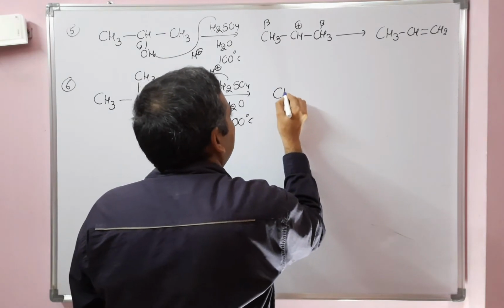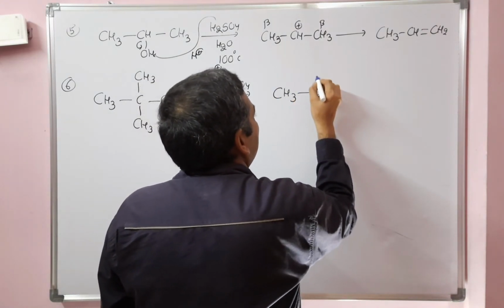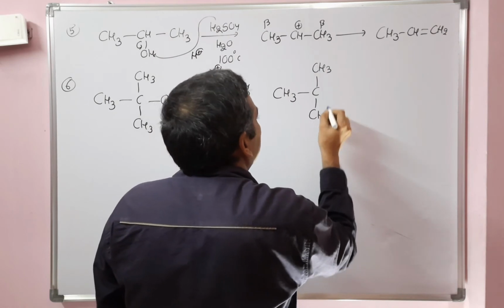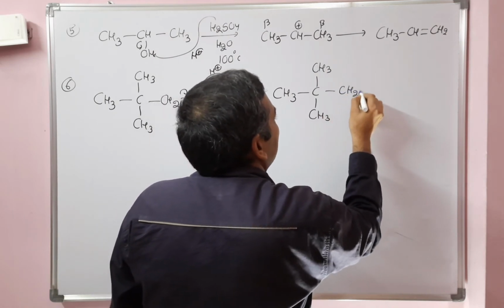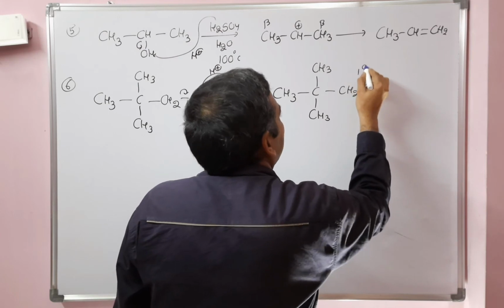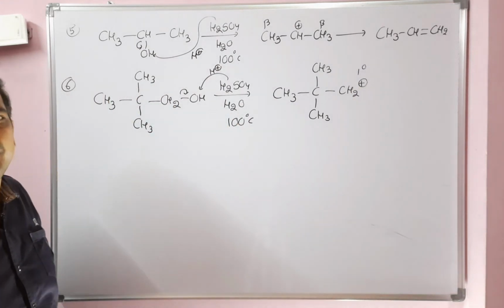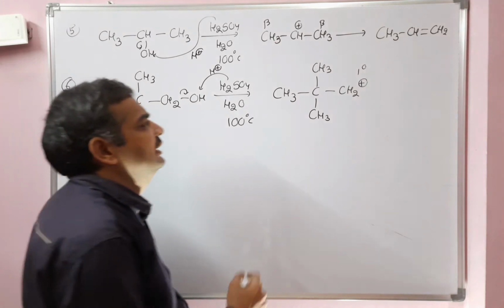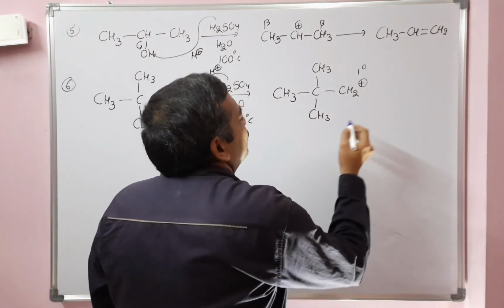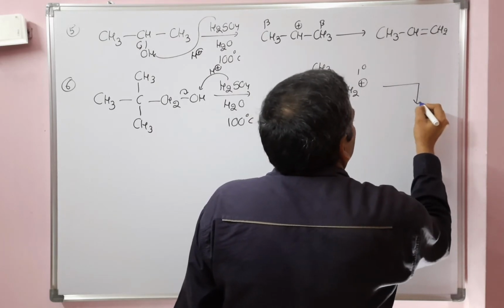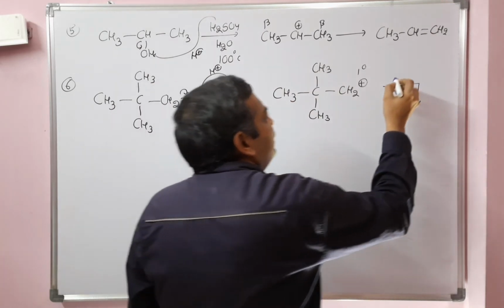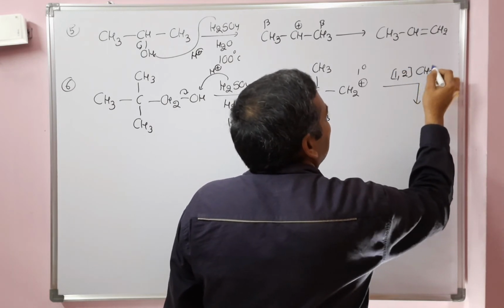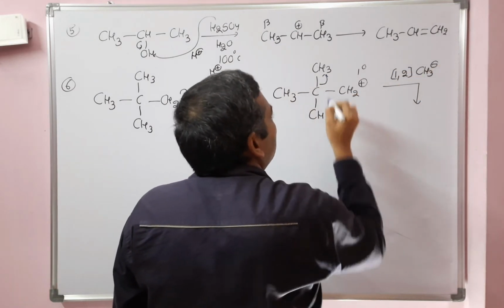I will write the carbocation directly. We have discussed this several times. So the carbocation that is obtained in this alcohol is CH2 plus. Right. So this is a primary carbocation. Generally primary alcohols will undergo this, but it will take some time. But there is a possibility for rearrangement. So what type of rearrangement? In a cyclic system, only a CH3 group is there. A 1,2 CH3 shift will take place here. Migration. Okay. 1,2 CH3 shift.